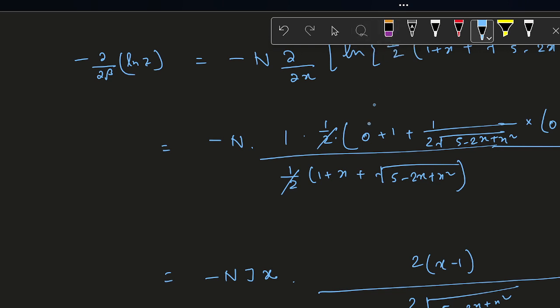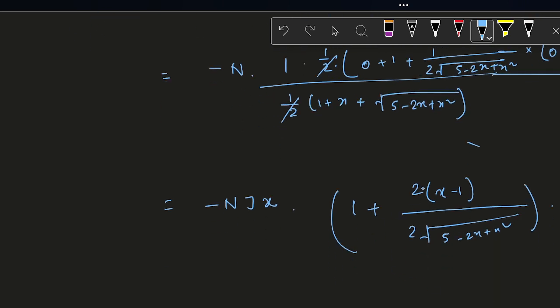And so you have this 1 plus 2 into x minus 1 divided by 2 into this thing, okay? And in the denominator you already have this 1 plus x plus root over 5 minus 2x plus x squared term. So this 2 and this 2 actually cancel out with each other. So if you simplify, you are left with minus n jx into